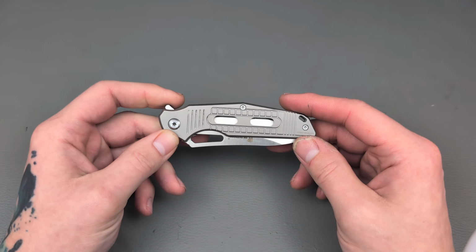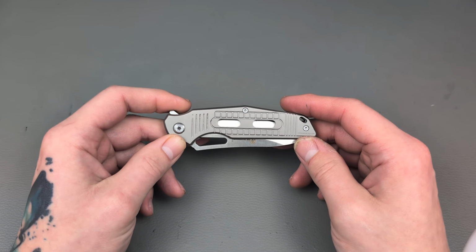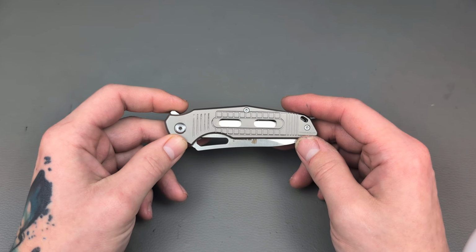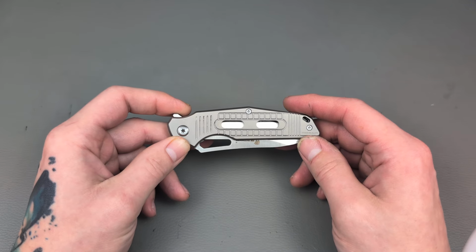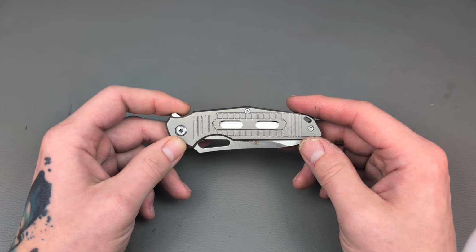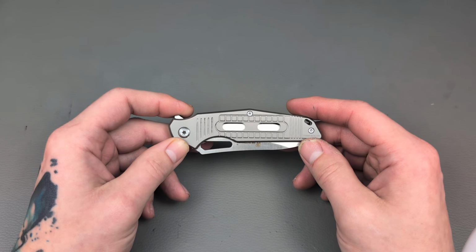So this is definitely going to be in contention for one of my favorite budget knives of the year, no doubt. I've got a few others that are punching right there next to it. It's largely preference. It's not really is one knife better than the other. It's, you know, what do you value? But, you know, at 30 bucks,